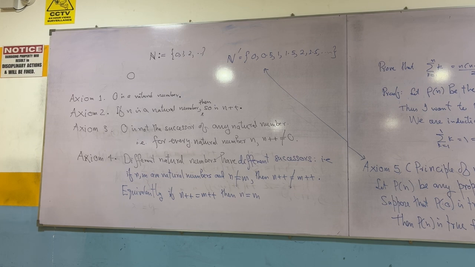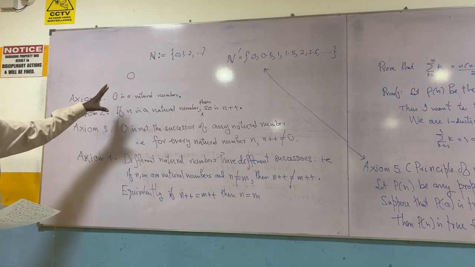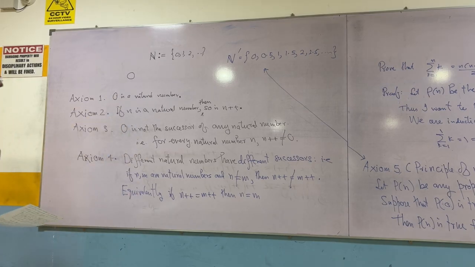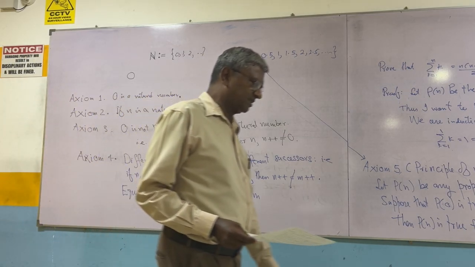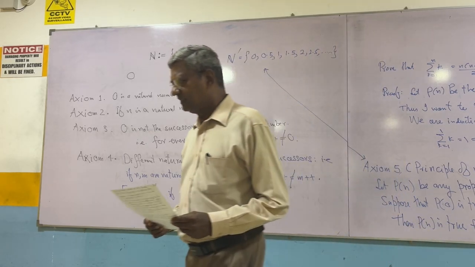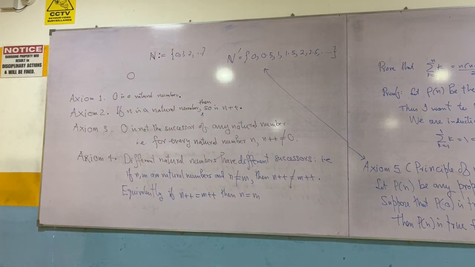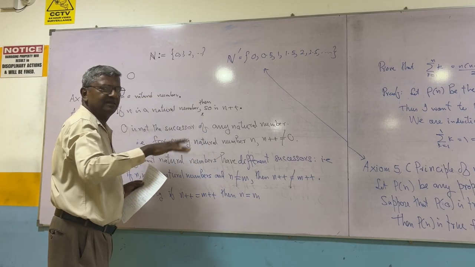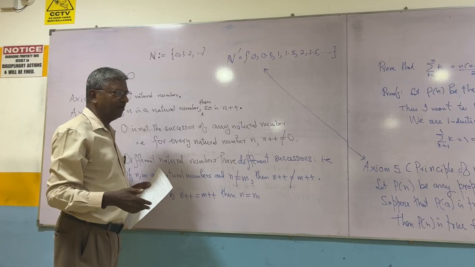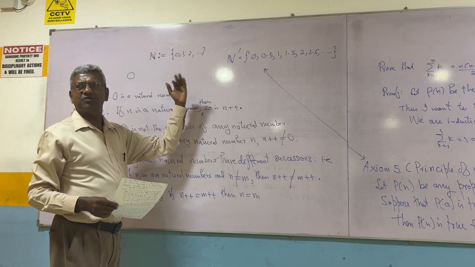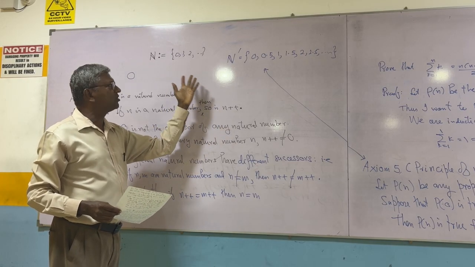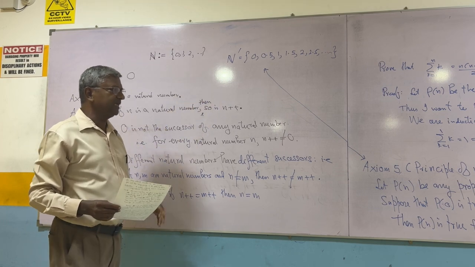We can build all the other number systems, create functions, and do all other algebra and calculus. Of course, these axioms are only about integers. There are other axioms for real numbers, a bunch of them. Anyway, this is the most primitive one. A kid goes to Montessori, first he learns 1, 2, 3, the most primitive one.